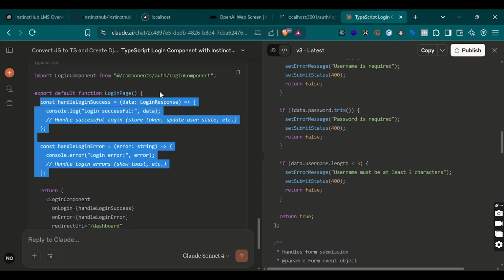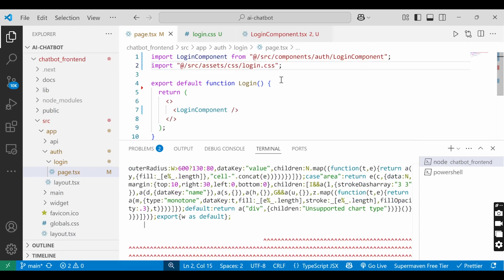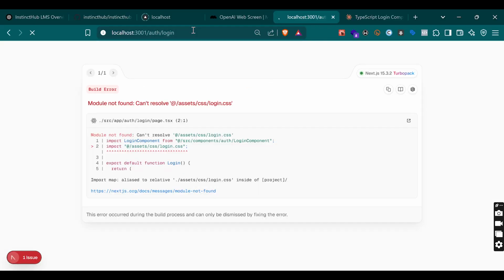So we're having another error. It says it can't find the CSS, and I'm wondering why. Okay, what can we do? I think we should add something like this. Yes, we should add something like this. This should fix it. Let me see. Okay, I think we need to add source. Something like that. Okay, so while that is loading, let's come back to